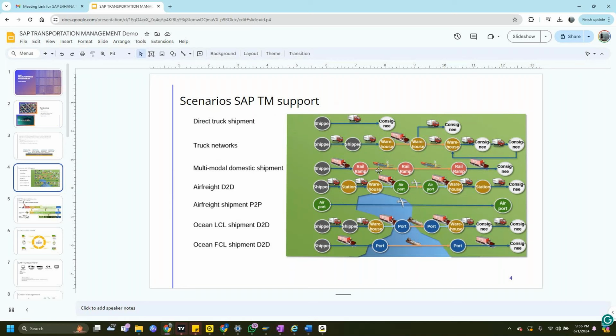I'm just giving a basic example, but there are scenarios where prominent shippers, like big companies, have their own rail networks as well. They book complete train wagons and use them as a transportation service. A truck goes into a rail station or rail ramp, then it loads onto the rail, goes to the port. From the port, it again goes into a container on a ship, and from there again a truck to a particular location. That's the kind of complex scenario you have to map in the TM system.